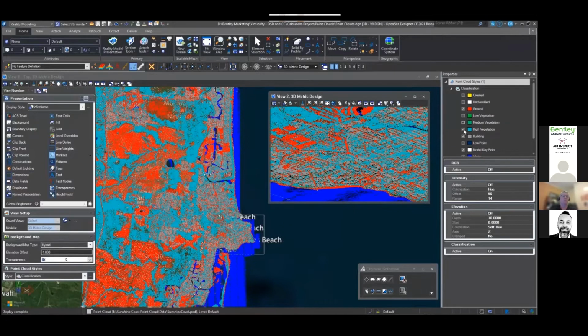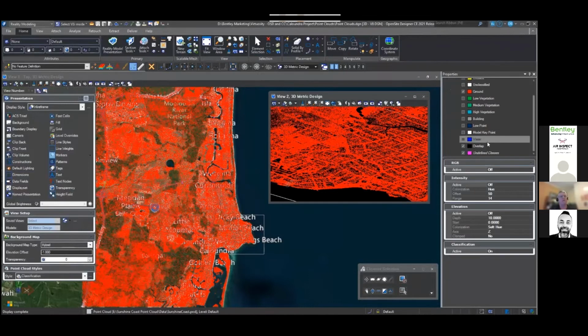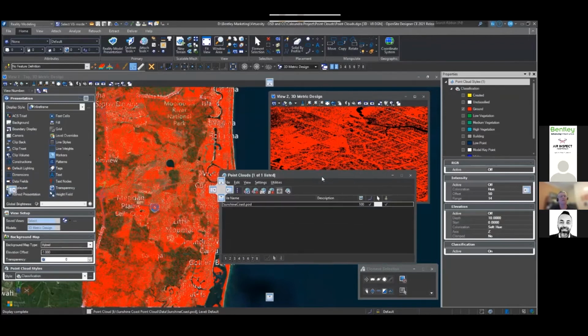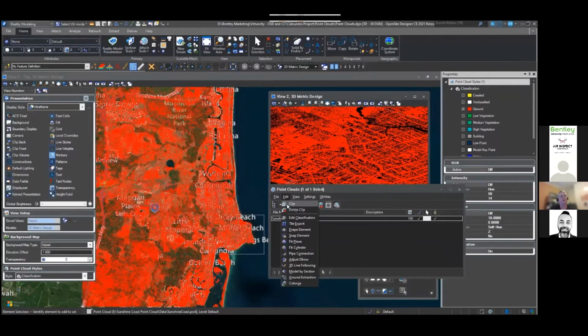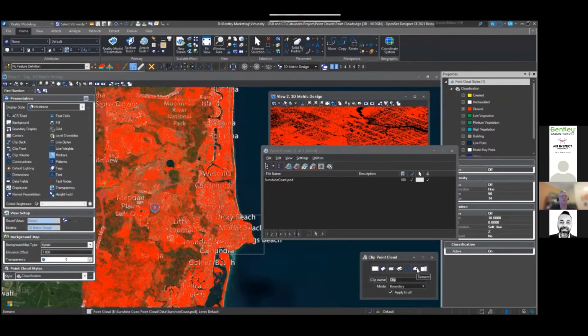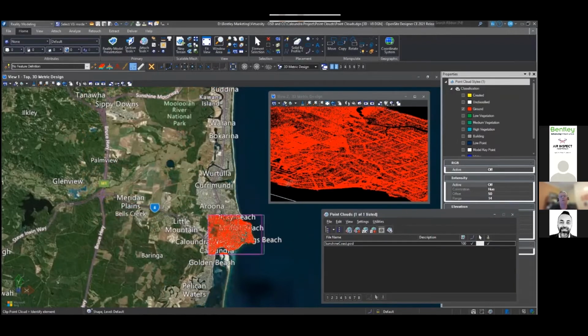Now, from my point of view, I'm only interested again in my project area. And I'm only interested really in the ground data because I want to extract that ground data to create a digital terrain model. And I want to use that digital terrain model outside my project area, for other purposes, whether it be for visualization or maybe for defining drainage catchment areas, for instance. So again, I can come through within OpenSite Designer